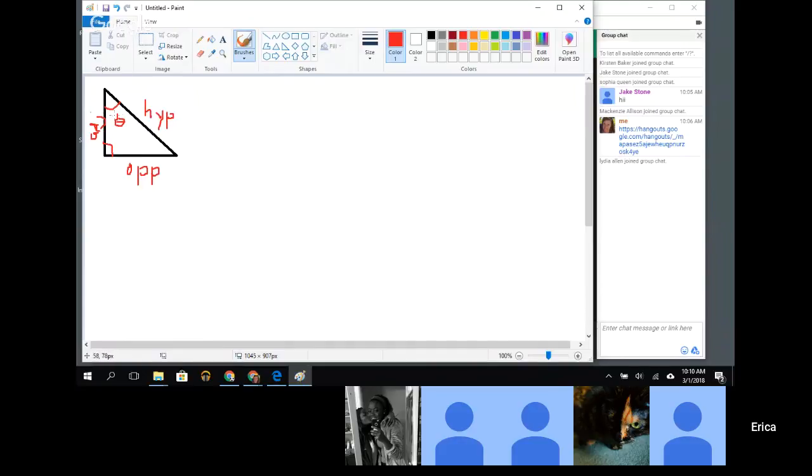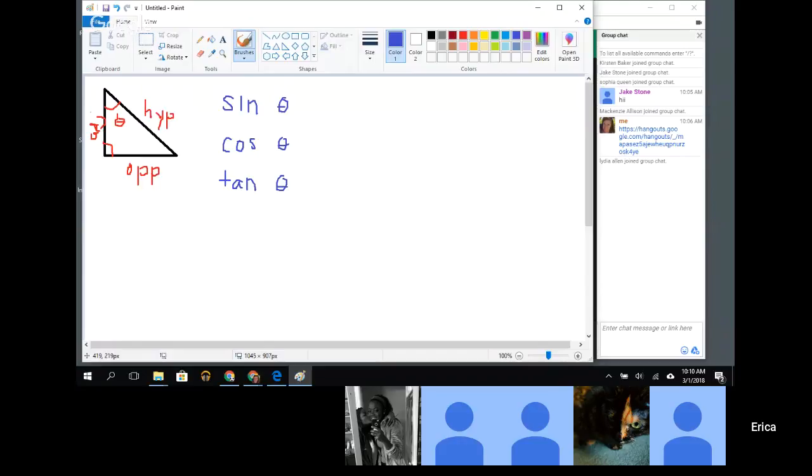There are two sides that touch theta, right? One is the hypotenuse here. One is the adjacent side. The adjacent side is the one that's not across from the 90-degree angle. Okay. So just to review, if we wanted to find the sine of theta, the cosine of theta, and the tangent of theta,